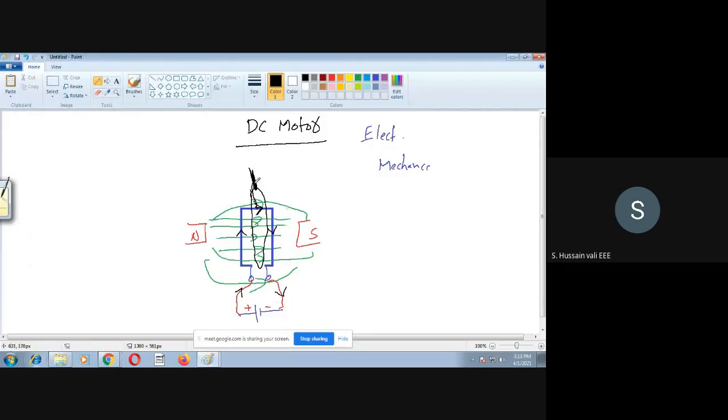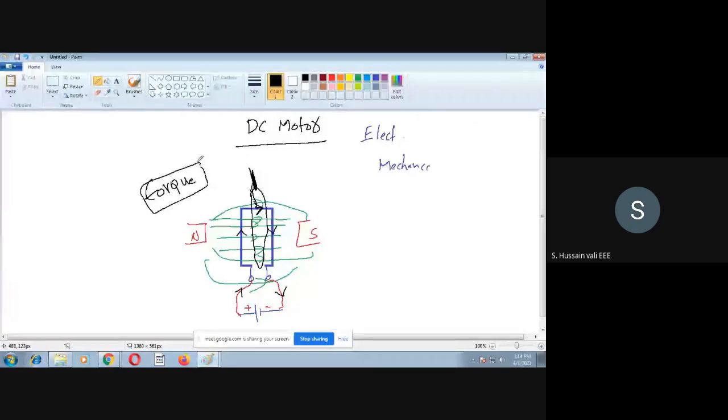This coil will start rotating. So it means you are giving electrical energy, then it starts. So how does it start rotating? Once again, you must understand how it starts rotating. Why is it rotating first of all? How does the torque production come here? How is the torque being produced? This you must understand, how the torque is being produced here. You will have to understand one important thing.